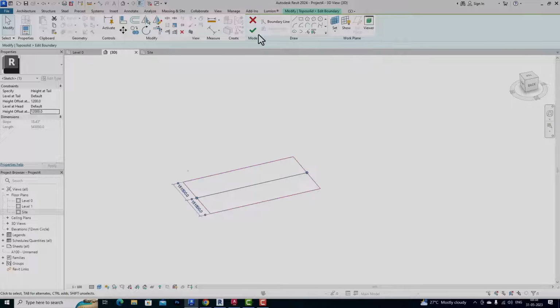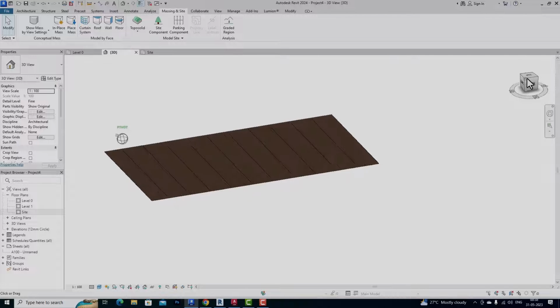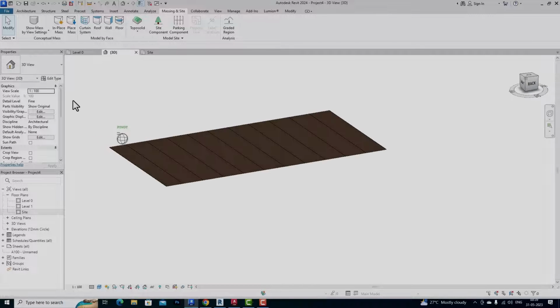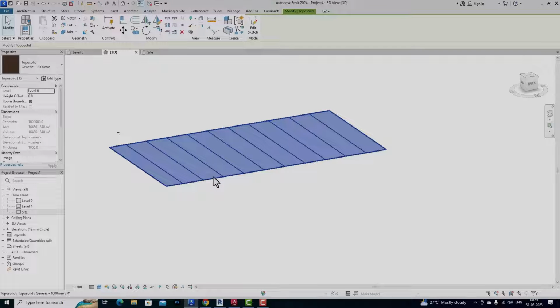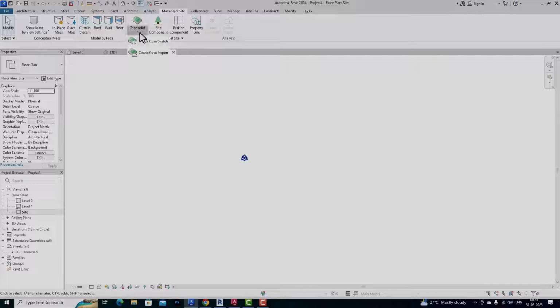I'm going to apply and finish this, and you can see this level is changed here with a slope arrow. So now I'm going to delete this, and again I'm going to add a toposolid here, and now I'm going to first